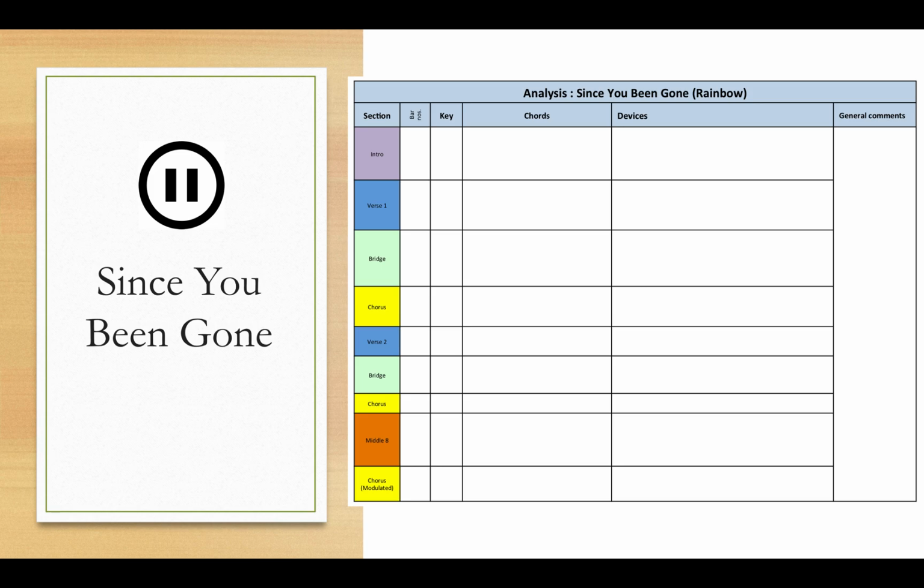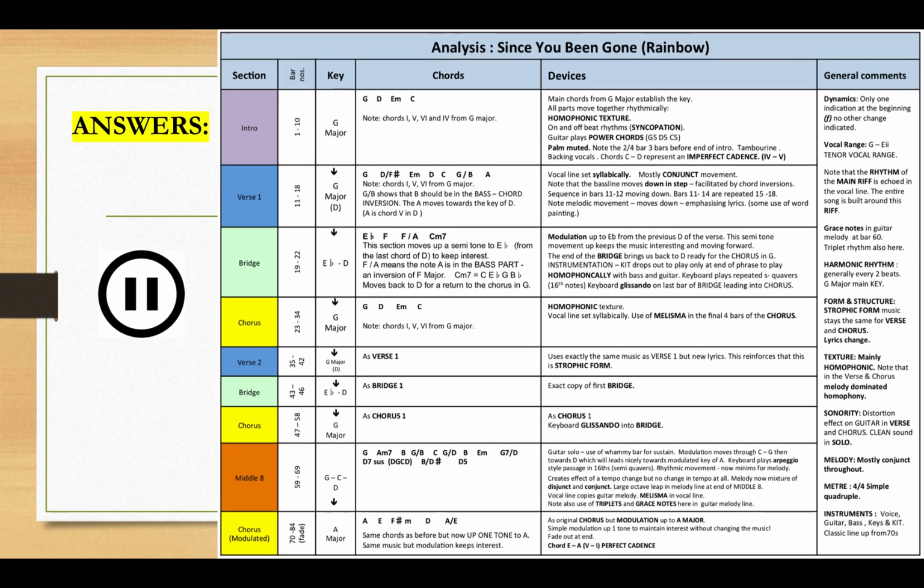Okay, so hopefully you've had a go at jotting some ideas in each of those boxes using your notes and your score. I'm now going to show you a completed version of this table on the next slide. And actually, you have a copy of this completed version in your booklet for your set works. I think it's after the notes that we made. This is actually printed in there for you.